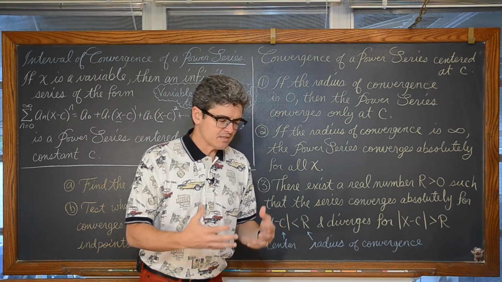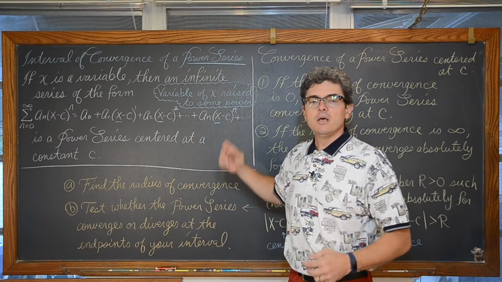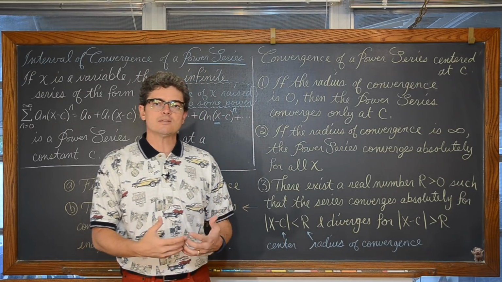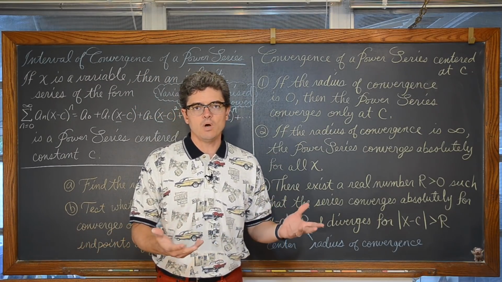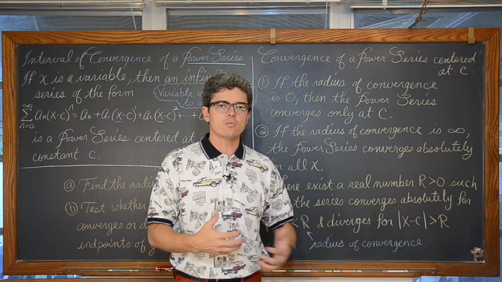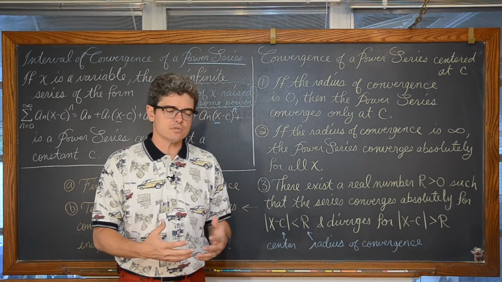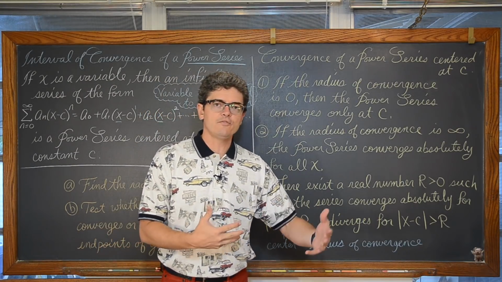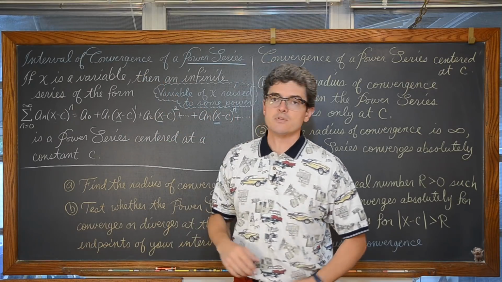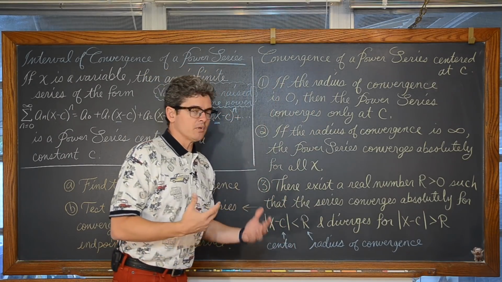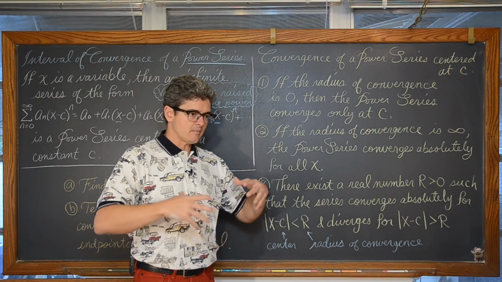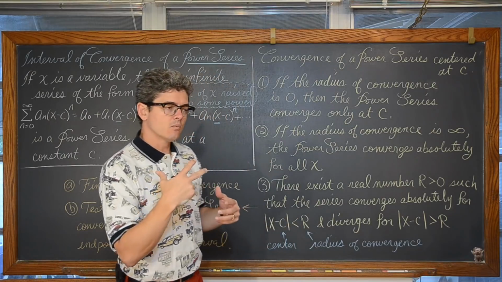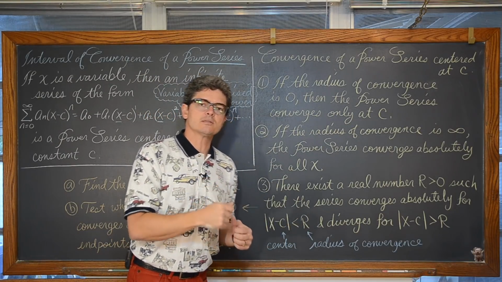That ratio test says that a series absolutely converges if the absolute value of the ratio of a sub n plus 1 over a sub n is less than 1. If it's equal to 1, it's indeterminate. If it's greater than 1, then that series diverges. So the ratio test gives us an inequality to work off of to determine that interval of convergence. As I read through here, I'm talking about radius of convergence, doing that ratio test to this series, and making sure that that ratio stays less than 1.